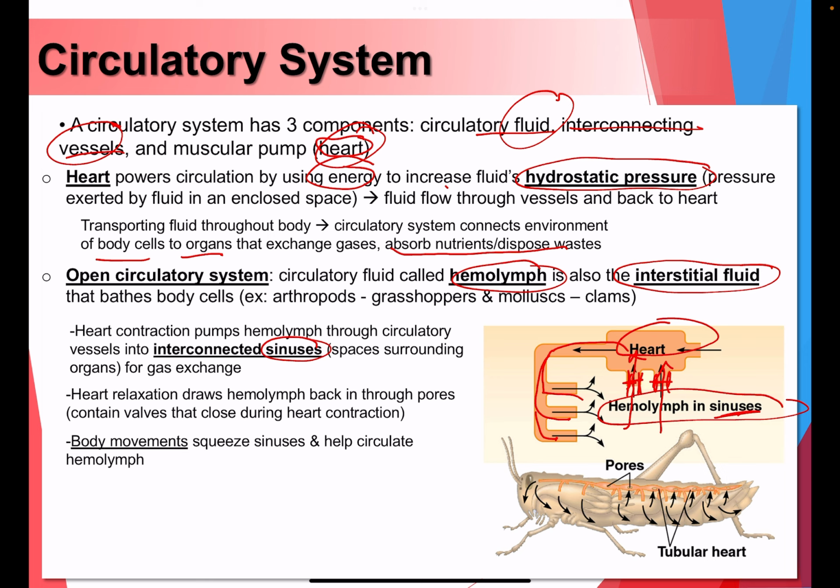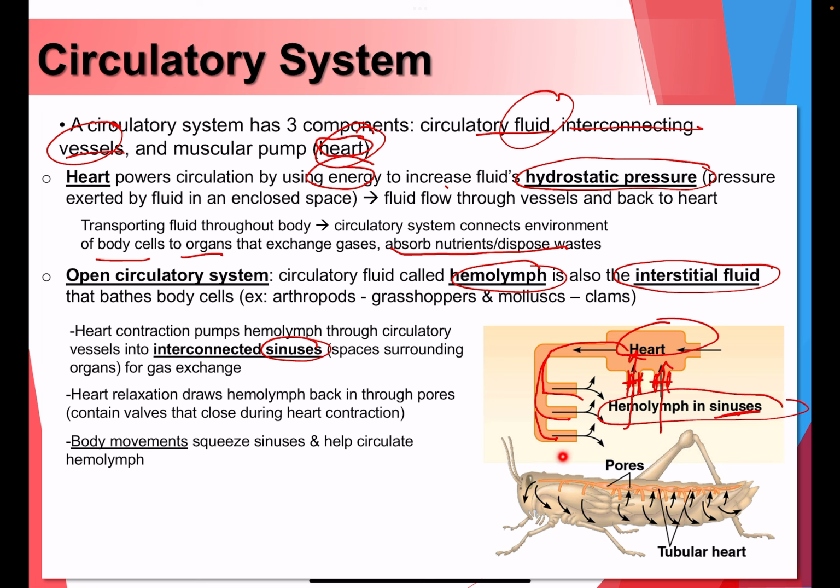That's really what an open circulatory system means. Now, in addition to just the heart doing its thing, remember when we looked at the mollusk or the clam's case, that heart was very tiny. So it won't be very efficient in moving a lot of the fluid throughout the whole body of the clam. So some body movements will squeeze those sinuses and help with circulating hemolymph as well, just like the grasshopper's case